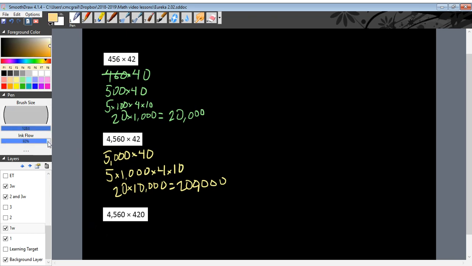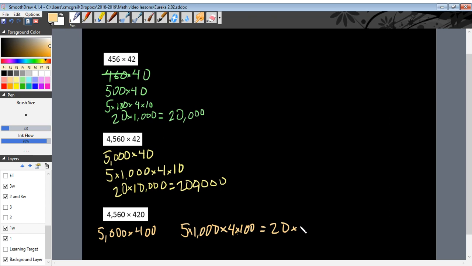I'm going to round my first number, 4,560, up to 5,000 again. And then I'm going to round this one down to 400. What's 5,000 times 400? 5,000 times 400 is going to be 5 times 1,000 times 4 times 100. So I'm going to get 20 times 1,000 times 100, which is 100,000,